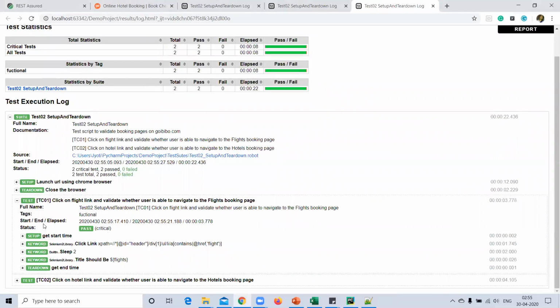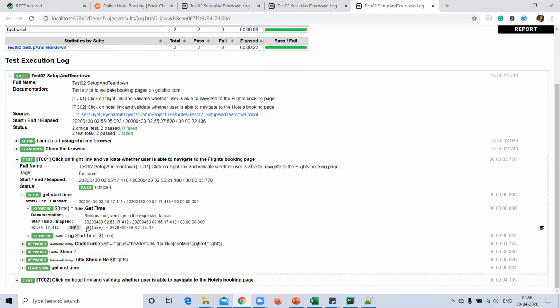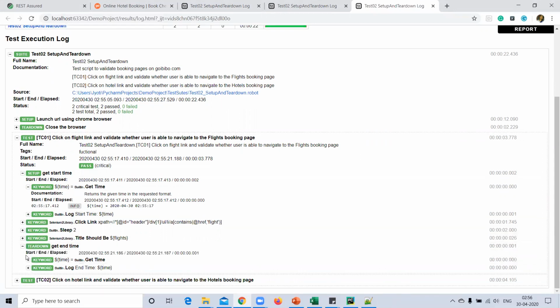So test setup is executed before all the scenarios, all the test cases. So it is executed before starting of the TC01. So it's getting the start time, and again end time. It's the test teardown feature.